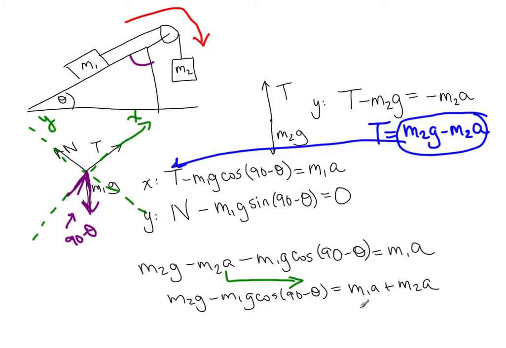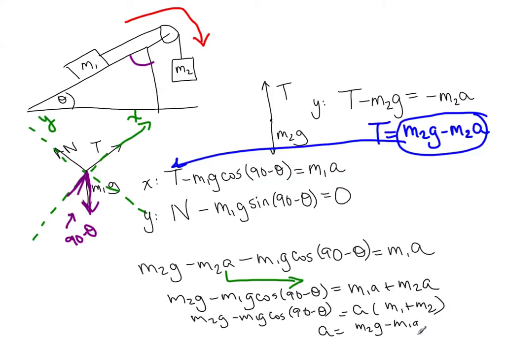The next step is to factor a parentheses. I'm factoring out the thing I'm looking for, m1 plus m2, equals the same thing. And then I just divide by this and I get the acceleration equal to m2g minus m1g cosine 90 minus theta